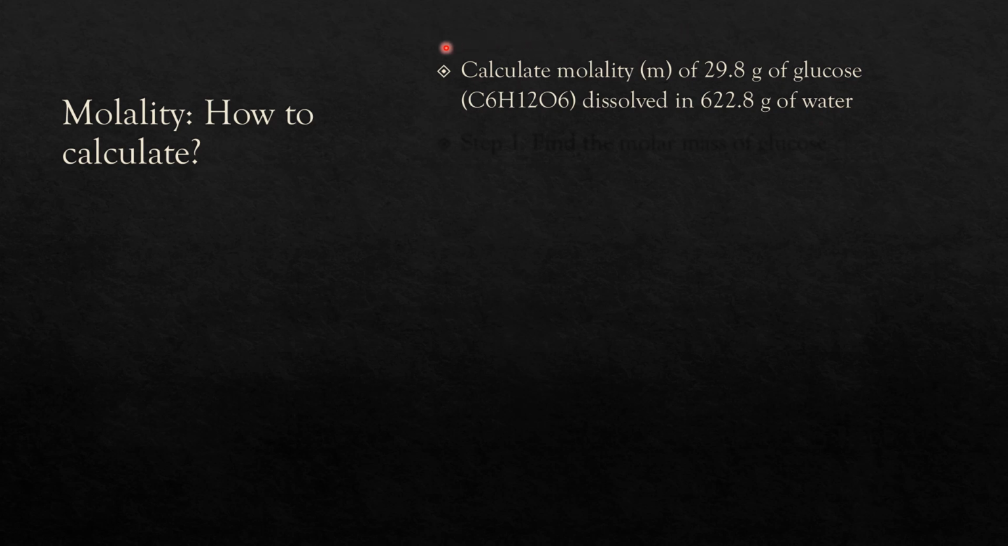Another example: calculate the molality of 29.8 grams of glucose dissolved in 622.8 grams of water. This is the chemical formula of our glucose, C6H12O6, and our solute here is 29.8 grams of glucose, and our solvent here is 622.8 grams of water. So step 1, to find the molality of our solution, we must first find the molar